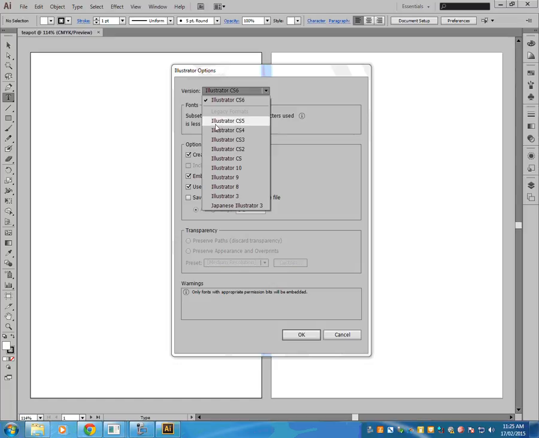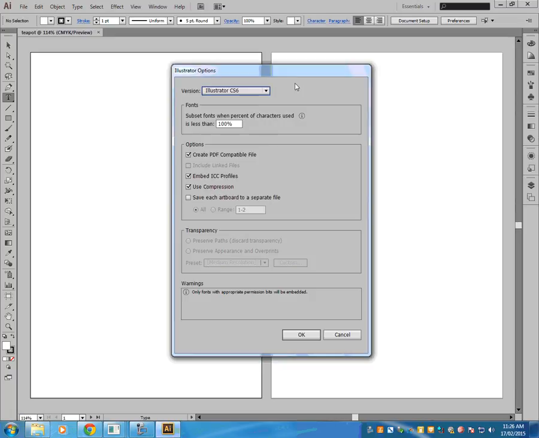Okay, so you've got all these older versions. So if you've got maybe CS5 or CS4 at home, you would need to make sure you saved it as that older version to be able to open it,